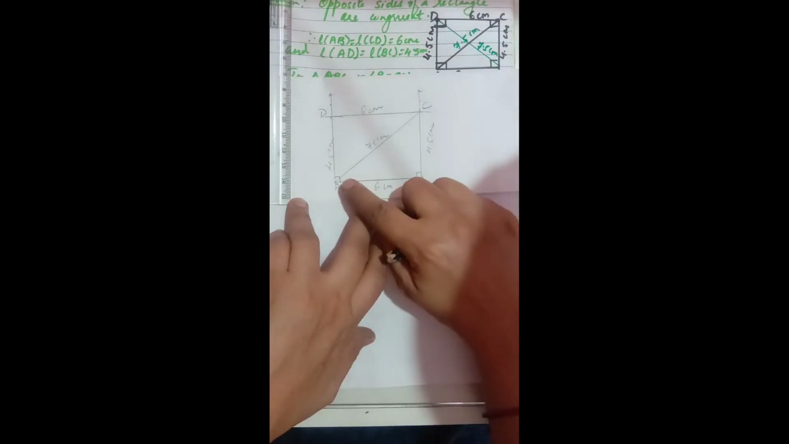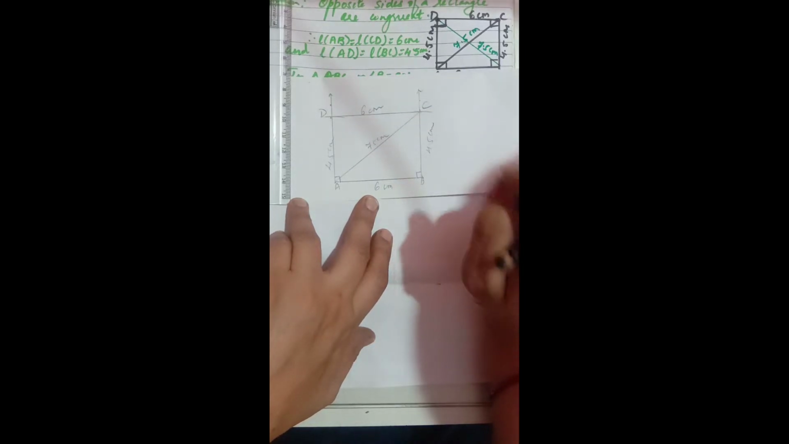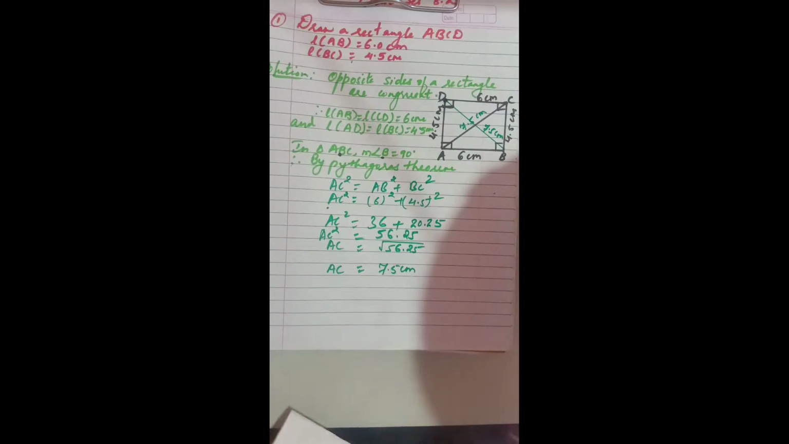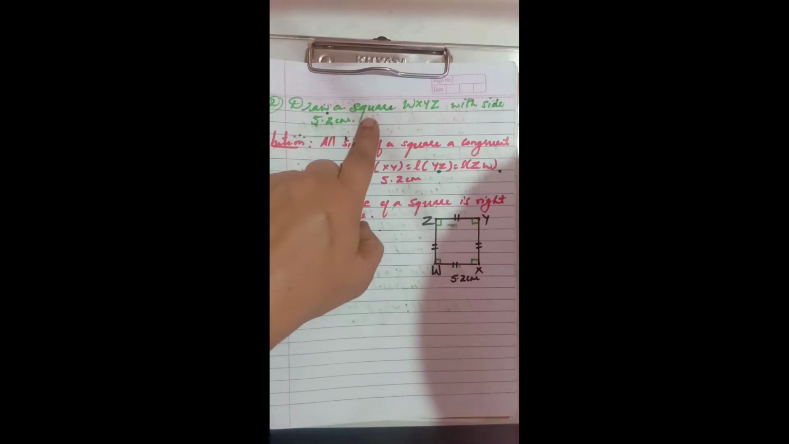There is one other way also we can do. First you can construct AB, then we can construct point C by taking distances of 4.5 and 7.5 centimeter. But this first method what we have done now is the easiest way. Second question, draw a square